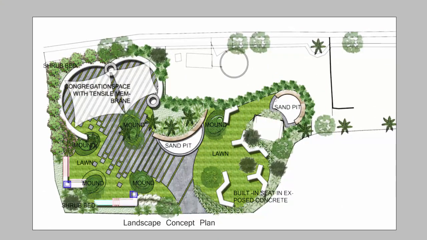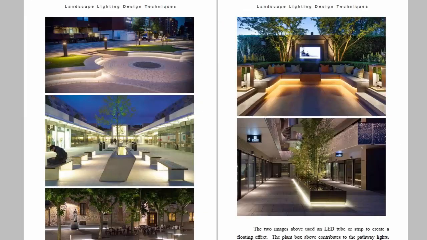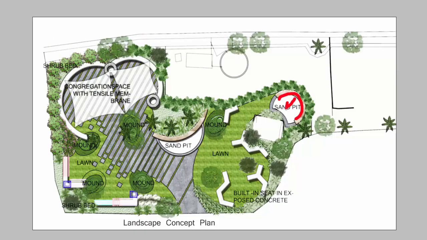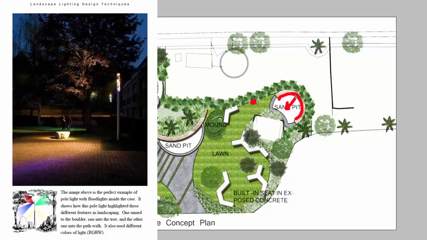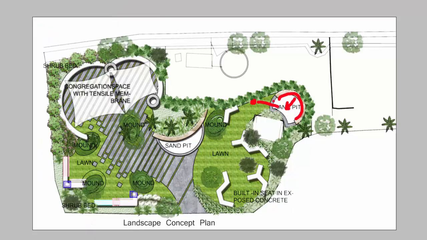So for this sand pit, let's start with the sand pit. I am planning to highlight the sand pit under this concrete. So it will be like cove lighting under this concrete area. So the light will spill light toward this area. There will be enough light, I think, for the kids to play with. If not enough, then I will put a post lamp here, either a diffuse post lamp or a projector lamp towards this area, projecting towards this area, and also this one